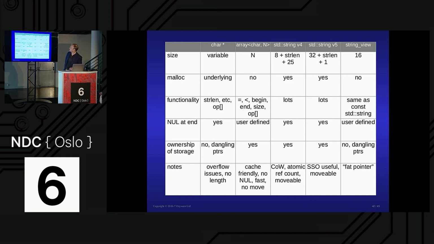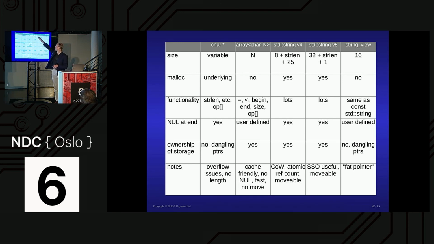With arrays, so a standard array of char N, fixed size, there's no malloc, you know what you're getting there. You get most of the stuff from an STL container, including an operator less than, by the way, but it's a byte at a time. So this will translate to memcmp. It's up to you whether you have a null on the end or not. If it's fixed size, you may not need it. You have ownership, and it's nice and cache friendly, because it's not dynamically allocated, it's right on your stack, and the stack is almost always hot because you're not suddenly looking off into the heap. But there are no move operations because it's fully owned and there's no pointer, so move is the same as copy.